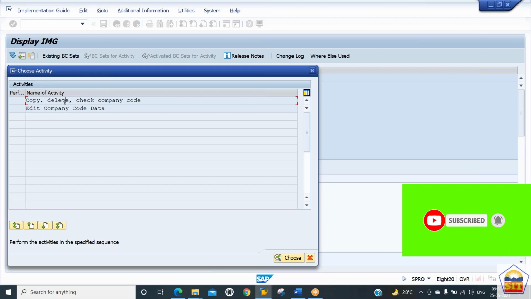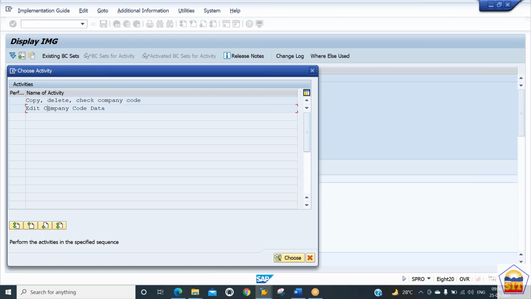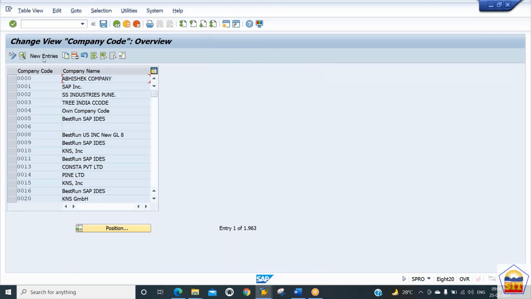So these are the things. If you don't require them, you can leave those options and copy the other one. But if you want to set up the company code from scratch, then you can go with this option called edit company code. Double click on this, and then you can see here we have almost 2000